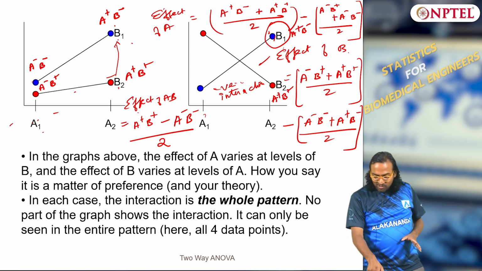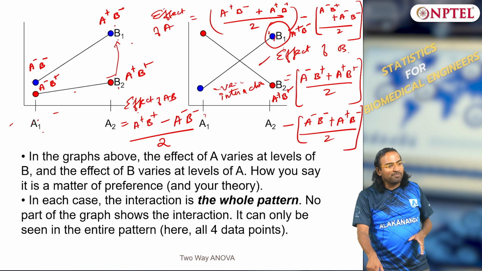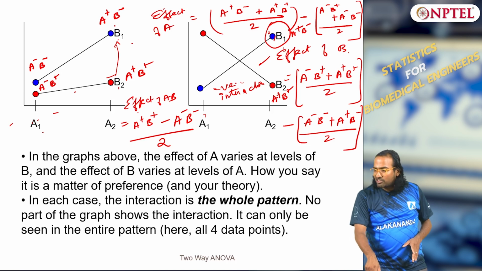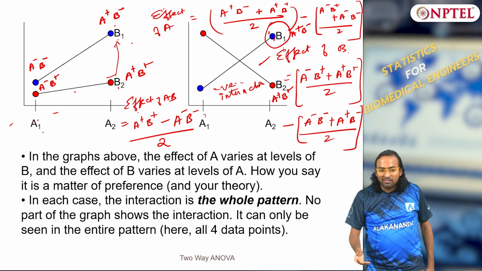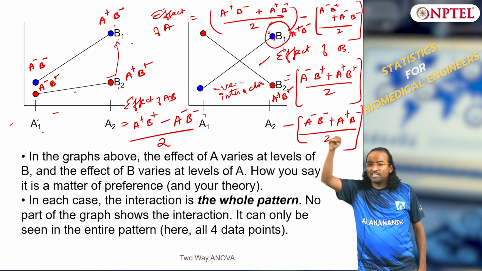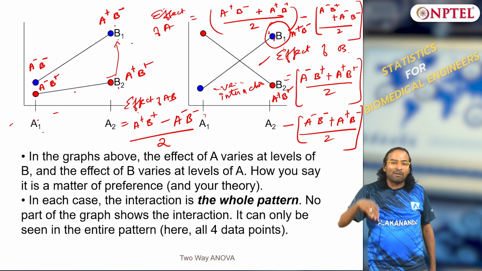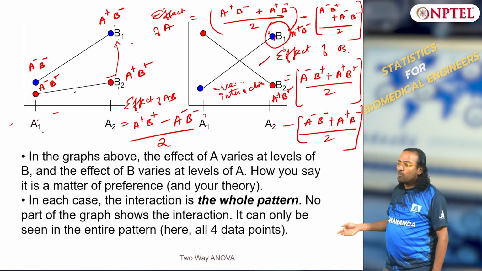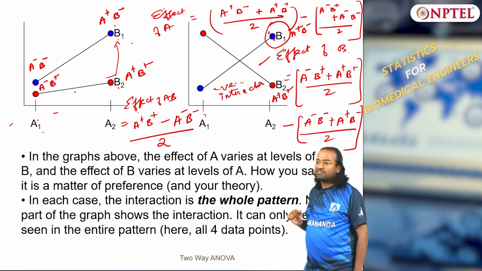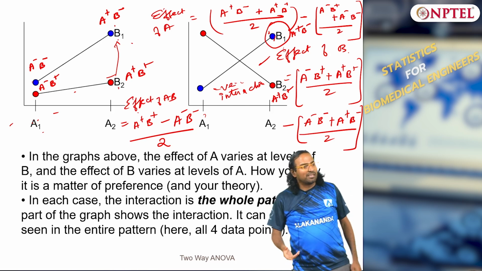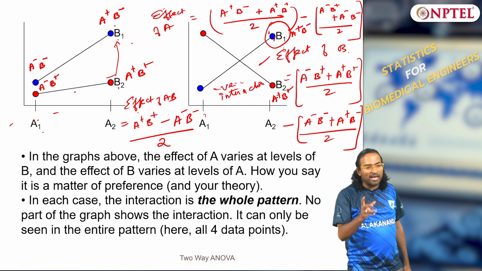Whereas in this case, again what do you see? One is inhibiting the other. This is again a case where A positive B negative is greater than A positive B positive. That means you could have just used treatment A to influence the output significantly rather than combining with treatment B, because when you combine, the output is on the lower side. So both are inhibition cases, the second graph is even worse, but this is where interactions happen.